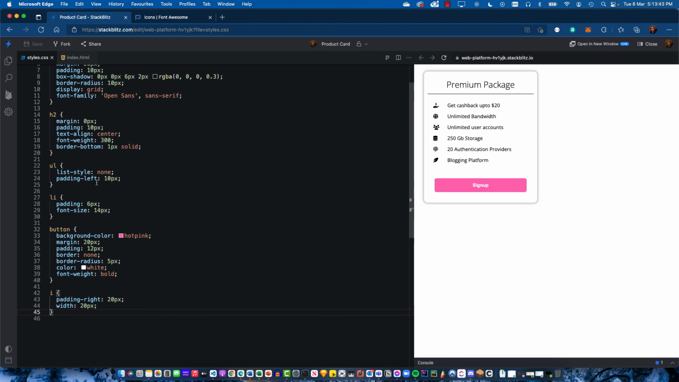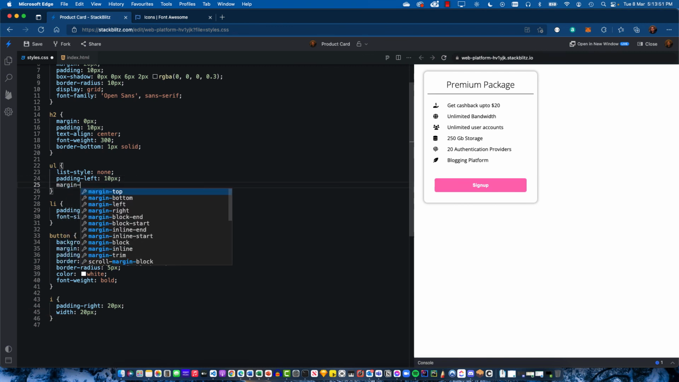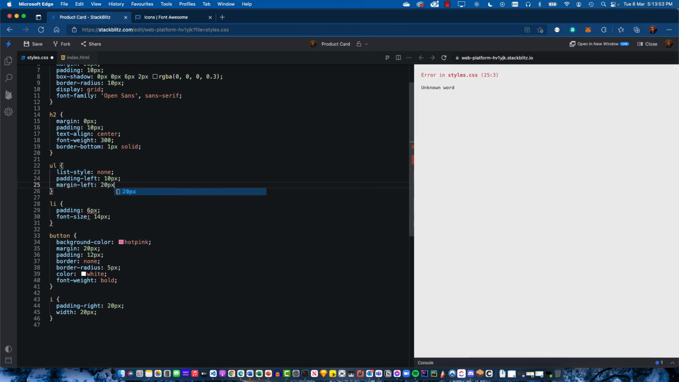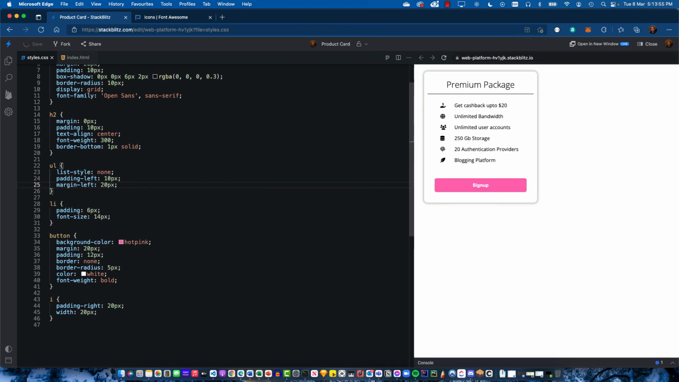Then whatever other things that you want to do, for example, if it's the unordered list, then you can use margin on the left hand side to push it somewhere in the middle. So now this is how you can design a product card very quickly, and this is how you can incorporate icons. So now you know how to do it in your